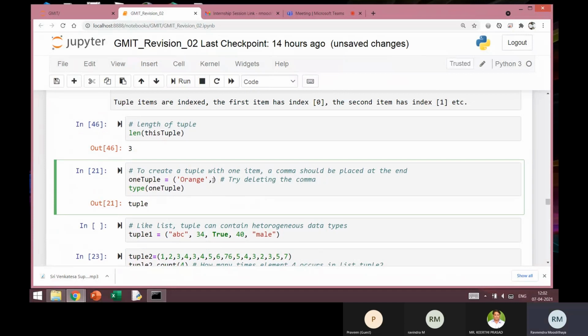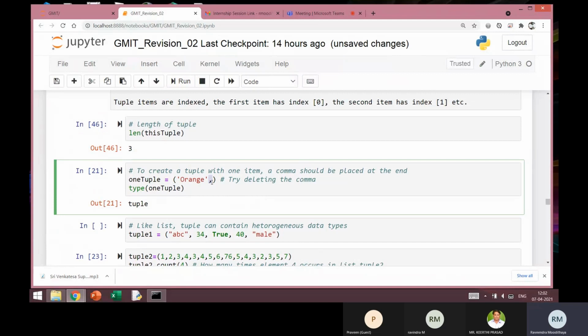Let me just illustrate this. If the tuple has only one value, I must always write it like this. For example, one tuple equal to orange. Now I have given the value, but there should be a comma following this.